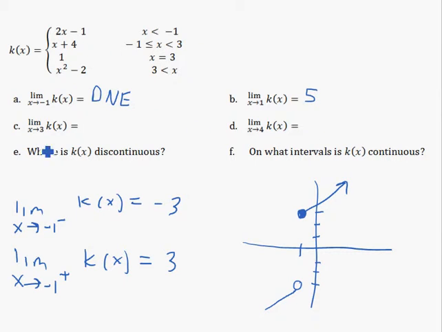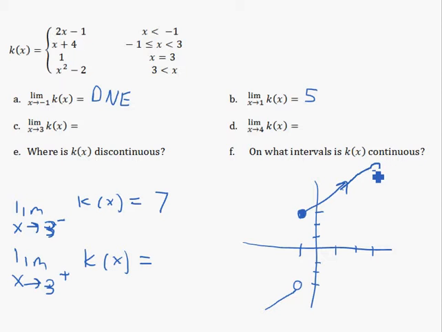All right, as x goes to 3, now that's where the joint is at 3. So we've got 1, 2, 3. There we are. As x approaches 3 from the left, so let me change these guys up some. We're checking both sides now because it's at the joint. As x approaches 3 from the left, we would be on this interval because we're less than 3, and k of x should be approaching what this equals, which is 7. So from the left-hand side, this function is headed towards 7.